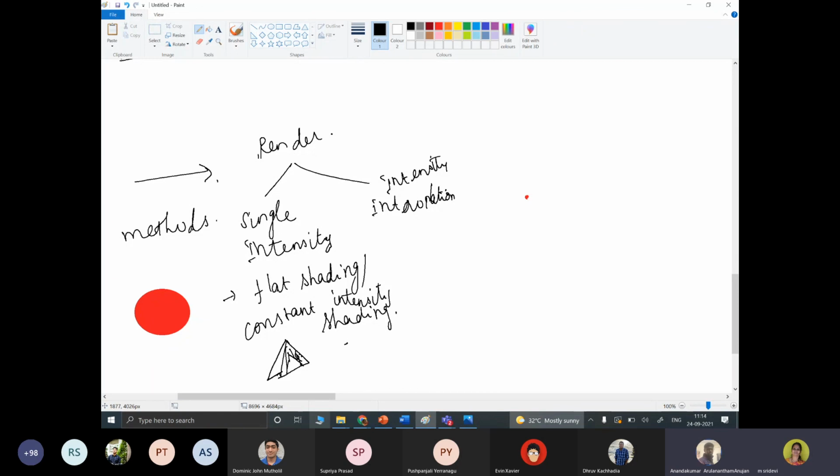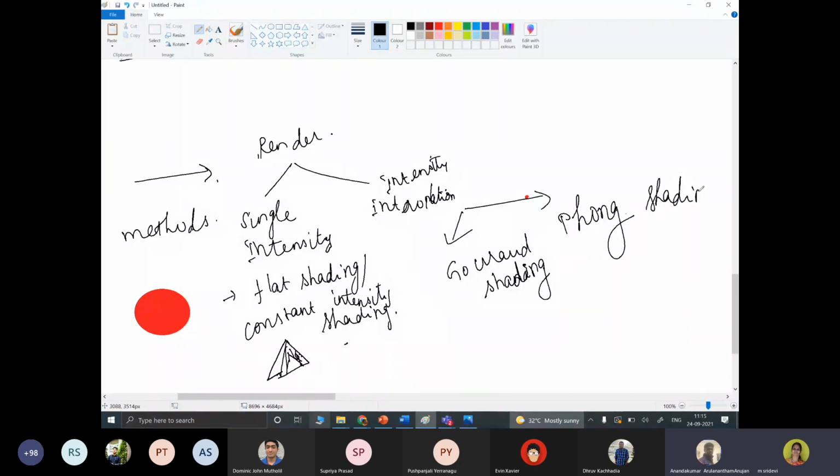The second is the intensity interpolation method. We have two different kinds of methods here. The methods used here are Gouraud shading method and the other method is Phong shading method.